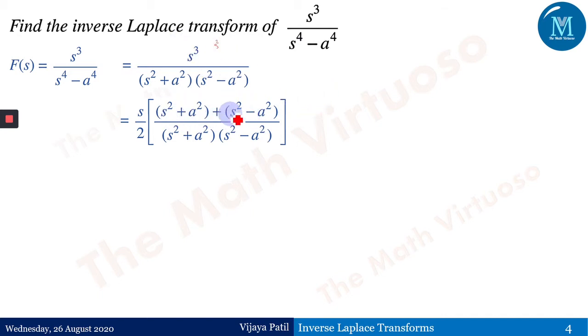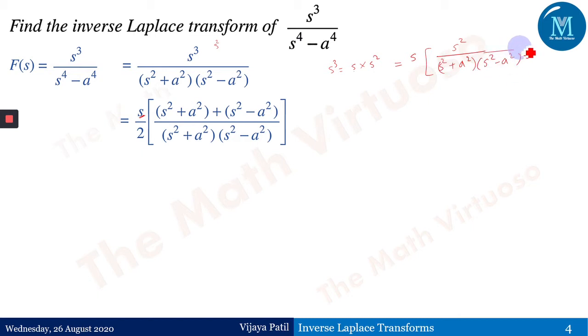Yes, again we have got a very simple method to do it here. If you observe this step and this one, what we have done is, this s cube has been written as s into s squared. Out of that, s is taken outside, and now this s square remains here. So in fact, this entire thing we could have written as s into s squared upon s square plus a square,